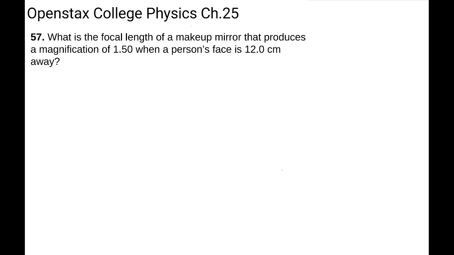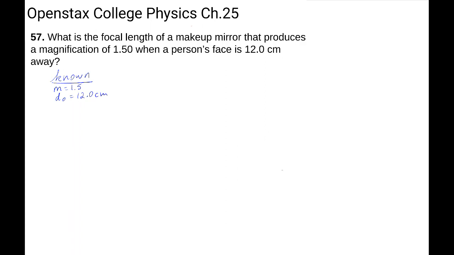So we're going to use the method that we've used in the past in solving these problems. I'm going to start by writing knowns. The things that I know in the problem are that the magnification is 1.5 and that the person's face is 12 centimeters away. So 12 centimeters away from the mirror, that is where the object is located. So 12 centimeters then is